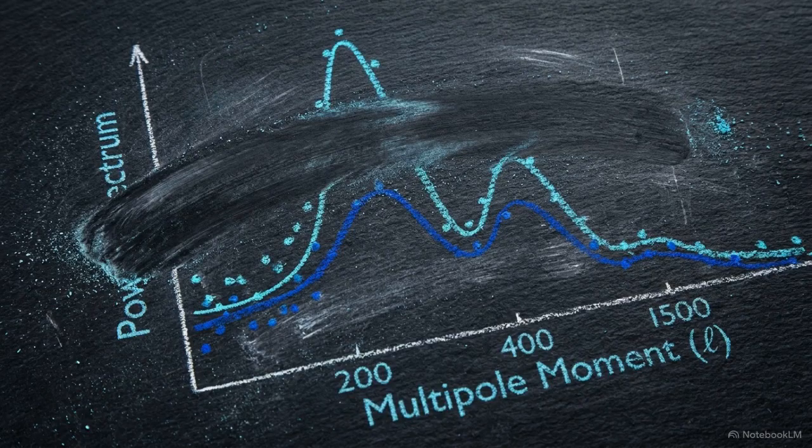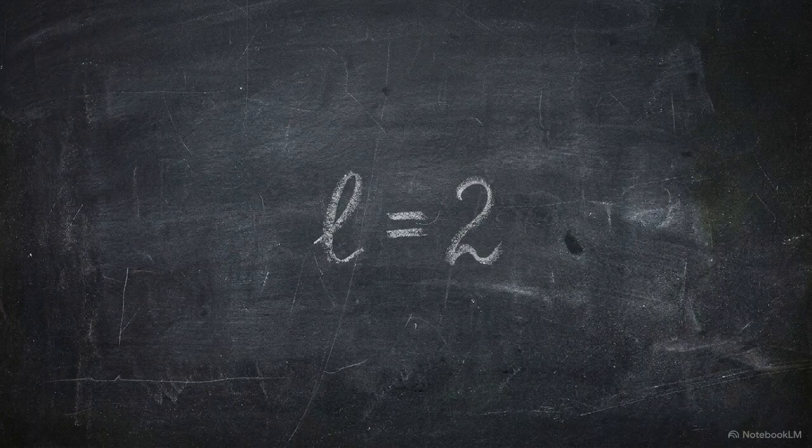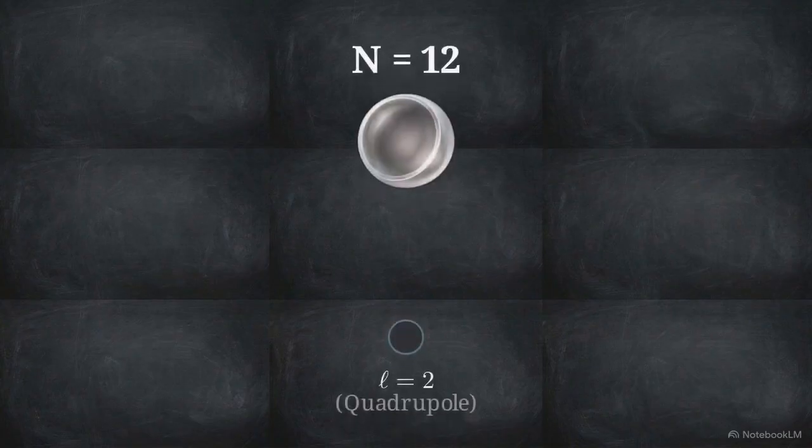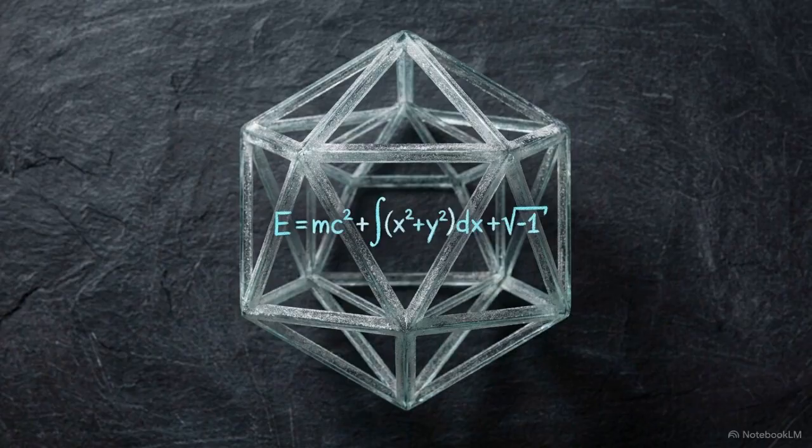The broad mode density deficit we see near L equals 30 is the shadow of the missing shells. This also explains the anomalous quadrupole. Because shells 2 through 10 are deleted, the L equals 2 quadrupole is starved of its primary power sources, fed only by the weak trailing tail of the n equals 12 shell. One algebraic group constraint mathematically forces the broad low L deficit and sharply suppresses the quadrupole simultaneously, without requiring any fine-tuning.